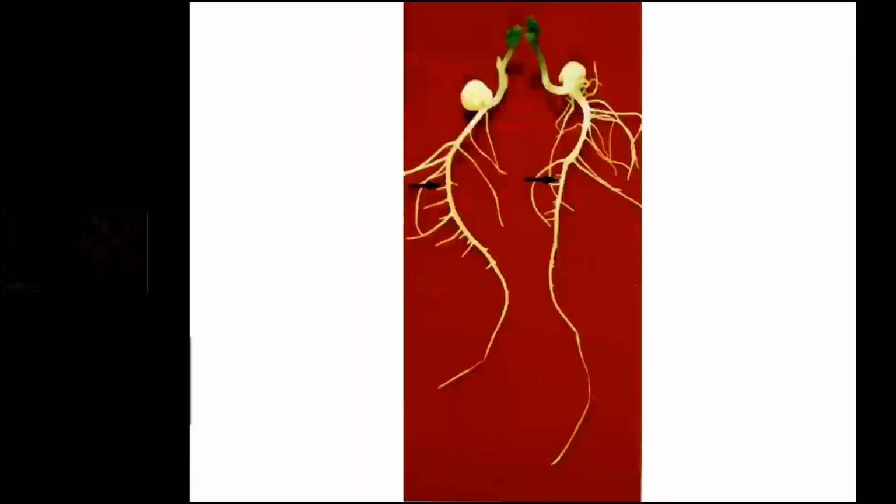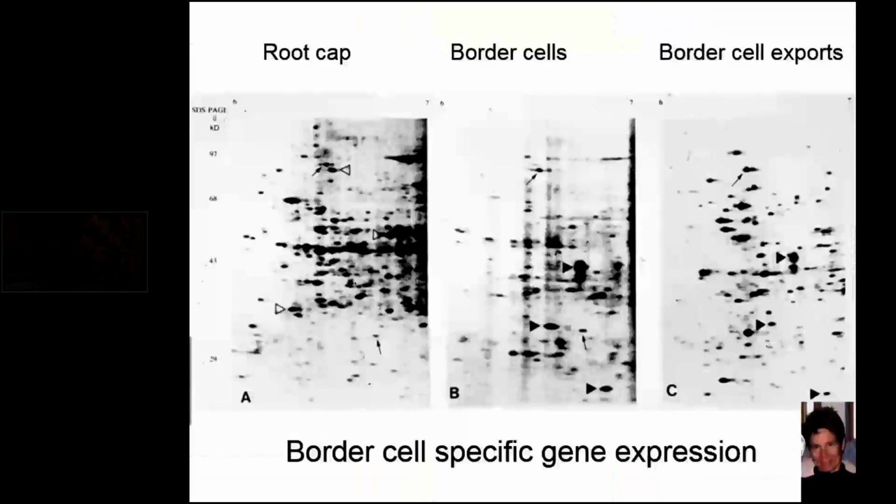Apparently I need to go faster. Even if it's not yours, this is the profile of newly synthesized protein in a 1 hour period. This is the cells made by the root tip, and these are the ones from the border cells. Completely different profile. There are about 118 proteins. And the really shocking part is almost all of them